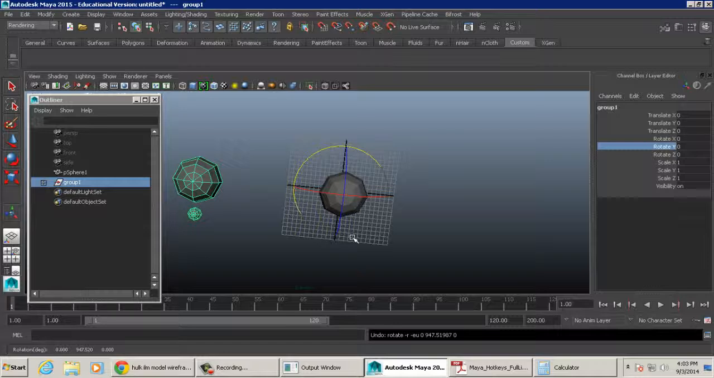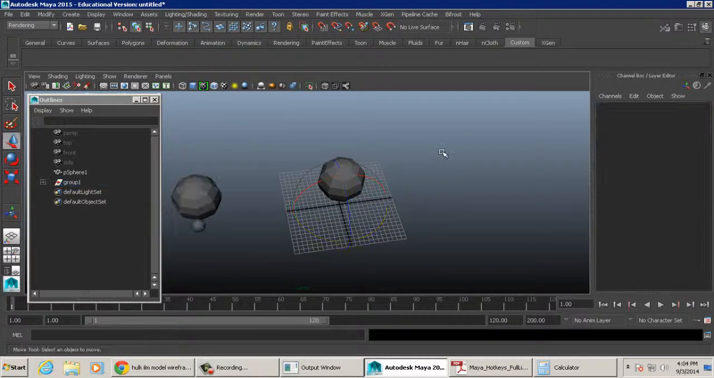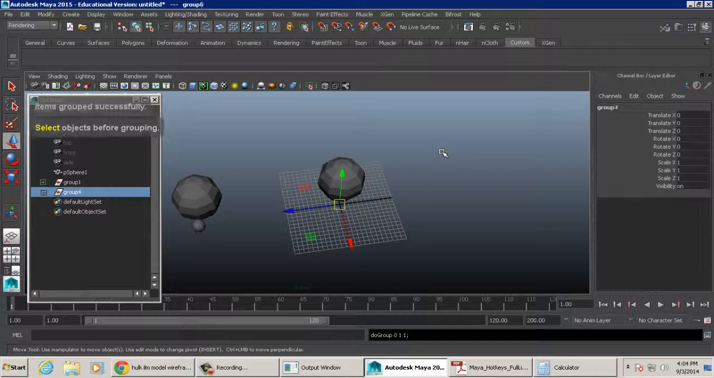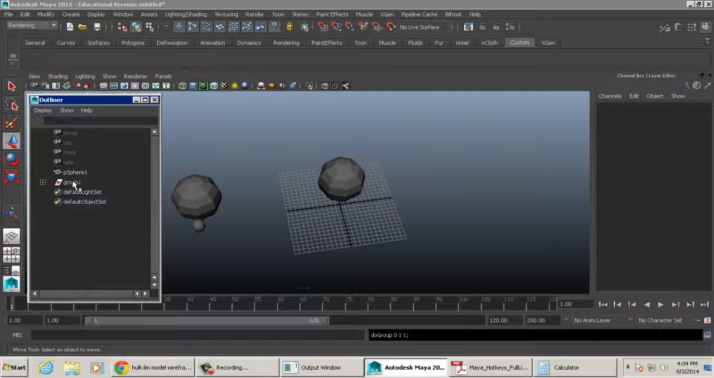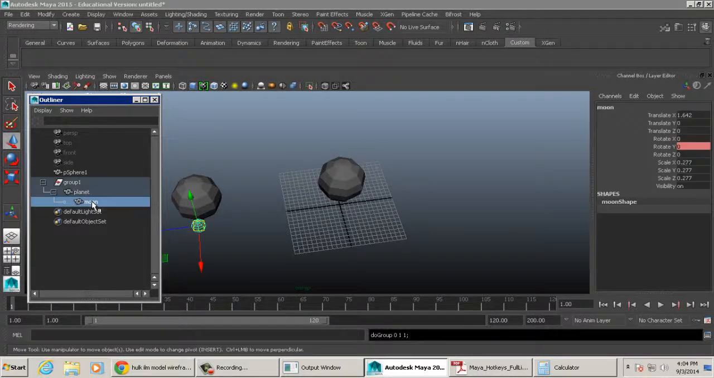Yes? Okay. It's parented. We could actually go in here, have nothing selected, and just fill this entire thing up with groups. Okay? And this is just nothing. This is just groups. Also, if I have the other stuff selected here, like if I open this up and I click on the moon,